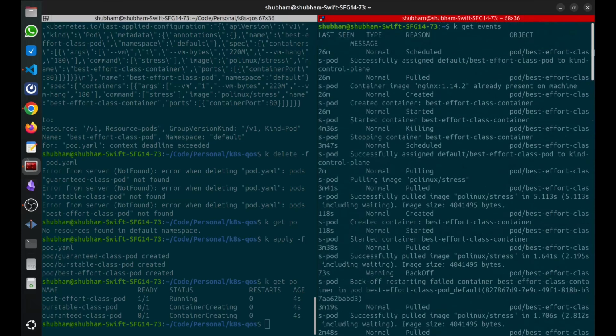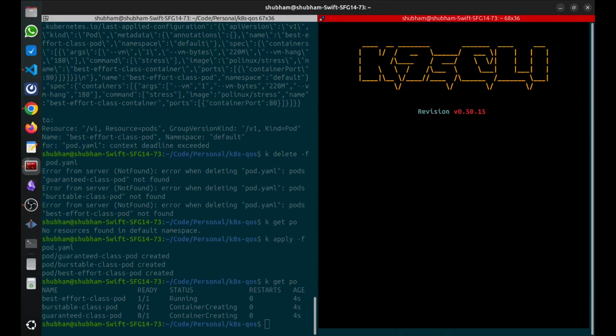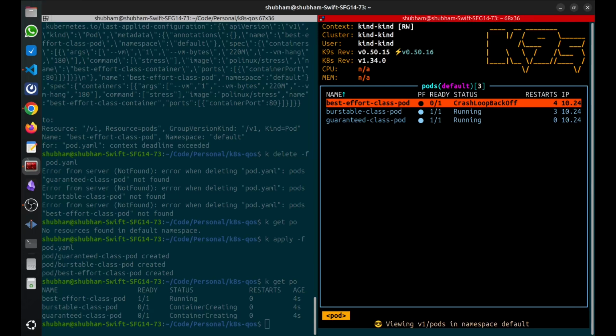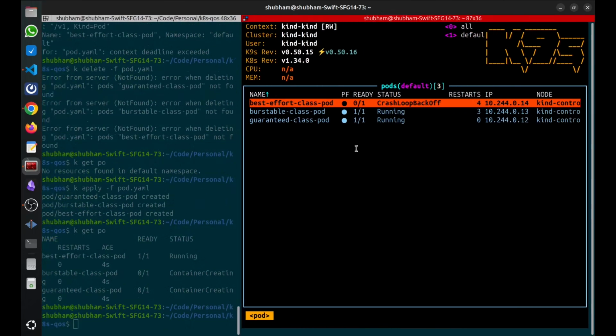I don't think there is much to understand with events. Let us do one thing. Let us open K9s here. Yeah, this will help us visualize the pod limits. What I see here is there are already restarts for Burstable and BestEffort, which means that our